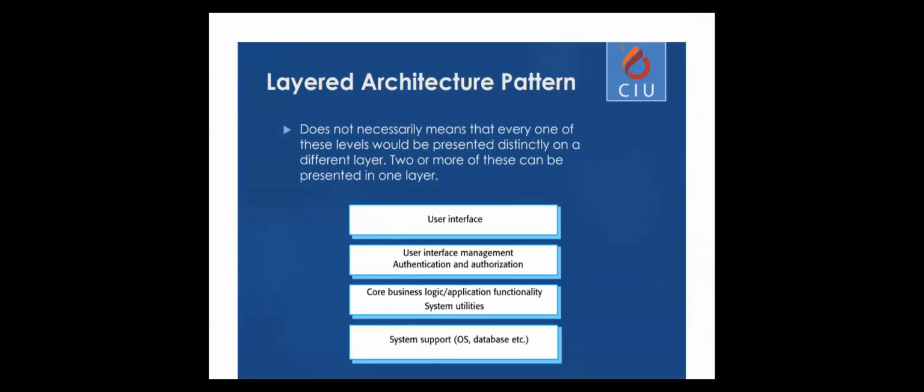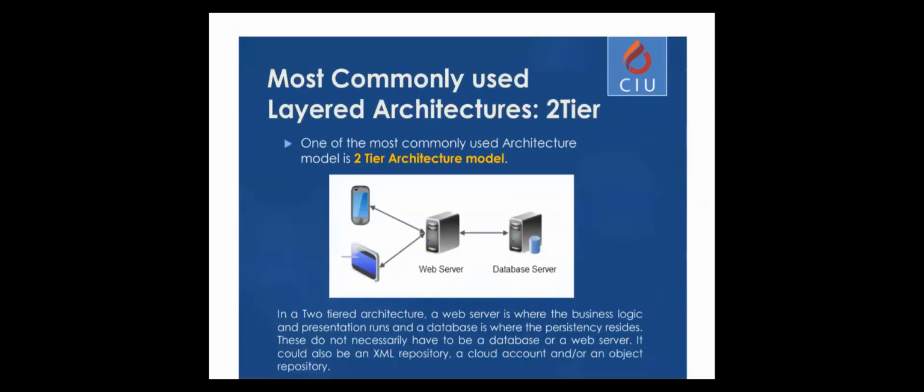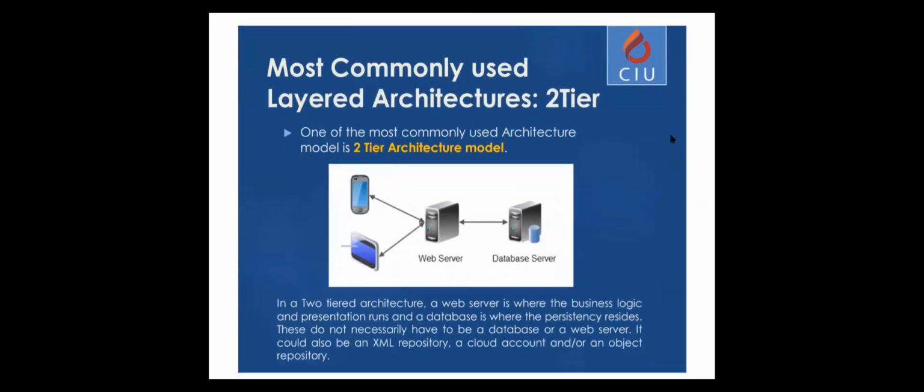Okay, that is why, despite the fact that most resources will suggest you 4 layers, I will say that stick with 3. Keep the user interface and authentication together. Keep the business logic as the middle tier. And finally, the database as the last tier. So 3 levels probably would work better than 4.